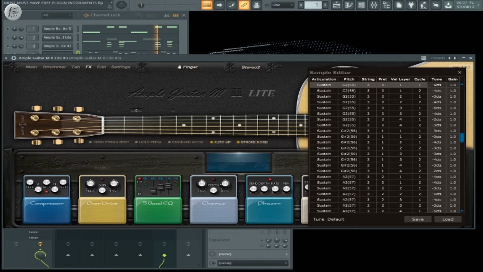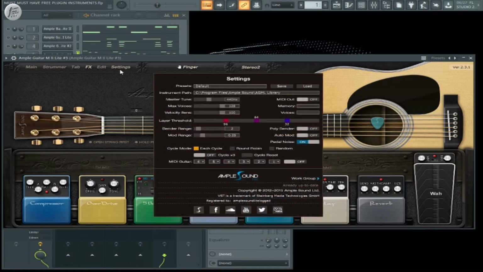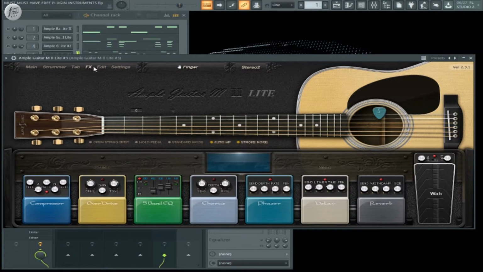Now we're in the edit section. Settings. The basic settings for your programs. You can go in and set up however you want your program to operate, if you want to mess with that section. All right,